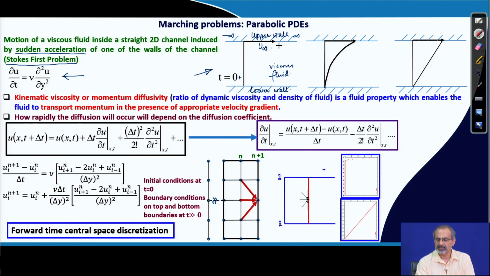So, under the given circumstances, because the viscous fluid will respond to the no slip situation, it will be dragged by that upper wall, and gradually the momentum will diffuse from the upper wall through the fluid to the lower layers. So, the momentum diffusion basically occurs due to the presence of the kinematic viscosity and the velocity gradient coming into the picture because of the transport of momentum. Now, as that goes on for a long time, it ultimately takes up a linear variation,